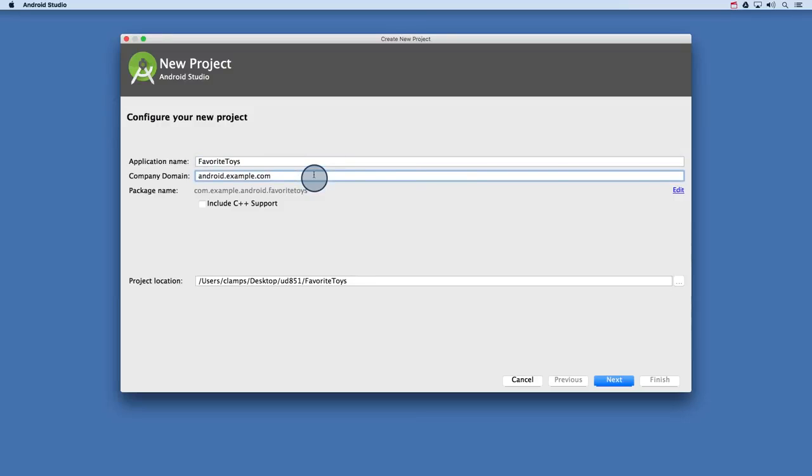Next, we provide a corresponding domain name, which generally should be the name of an internet domain that you own. As you can see in the wizard, Android uses the Java standard of using the elements of the domain in reverse order to construct the application package name. For distribution purposes on Google Play and elsewhere, this package name must be globally unique across all packages installed on Android. Since we're not planning to publish favorite toys, and it will be helpful if it matches the GitHub repository,